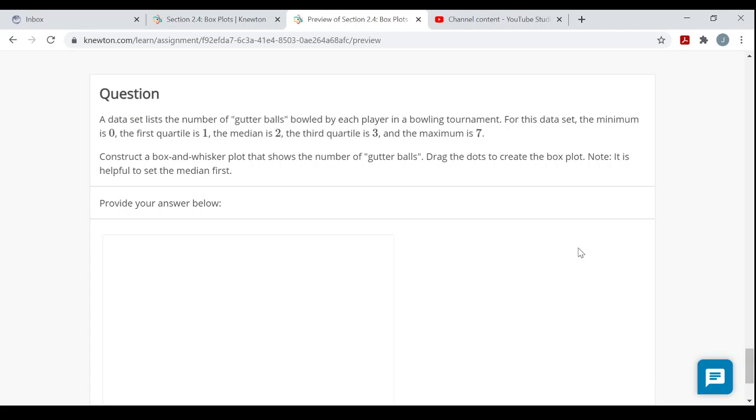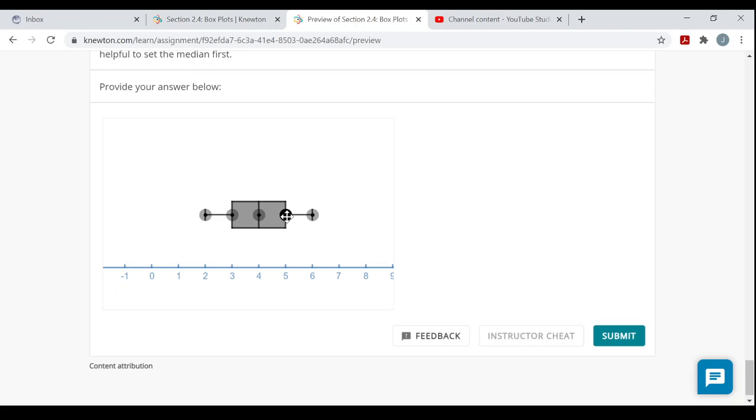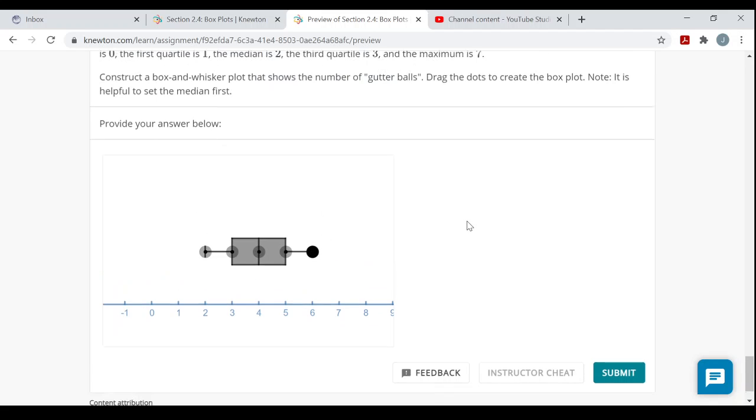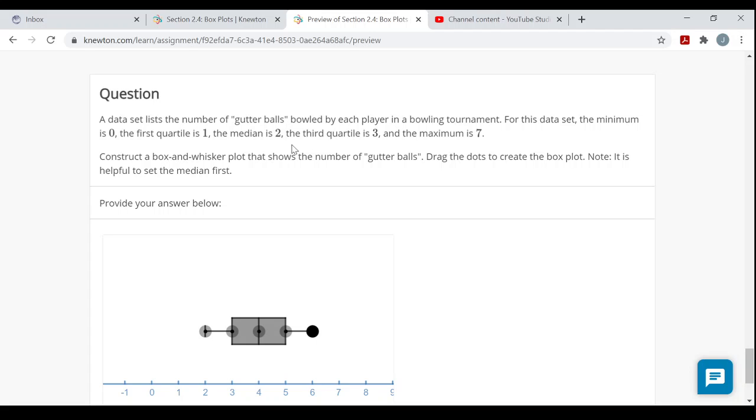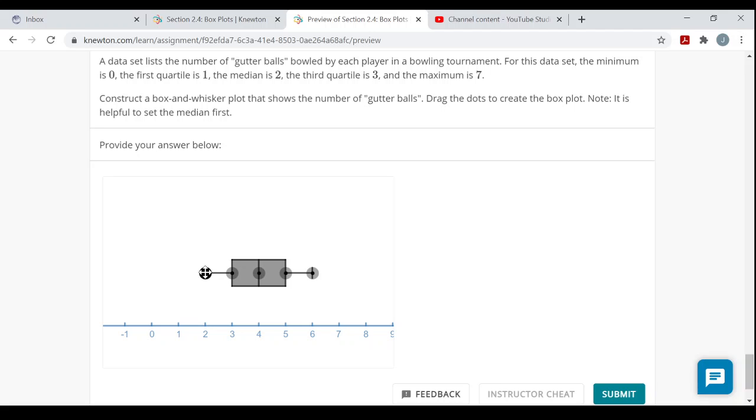All right, another question. Now this one is one of those where you have to move the dots around. Now the nice thing is they give you the 5-number summary. A data set lists the number of gutter balls bowled by each player in a bowling tournament. For this set of data, the minimum is 0, first quartile 1, median 2, third quartile is 3, and the maximum is 7. Construct a box and whisker plot showing the number of gutter balls and drag the dots. So the minimum value, the low end here, above 0. The first quartile, the left of the box here, above 1. Oop, looks like